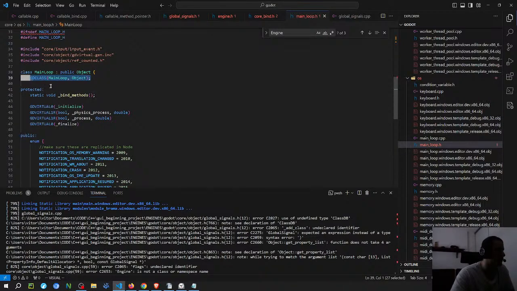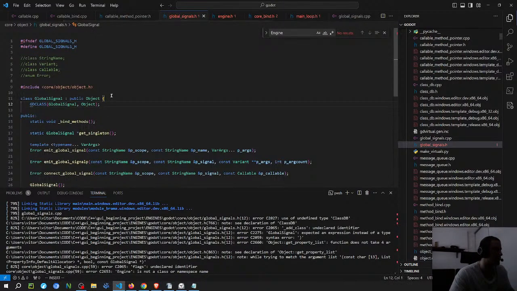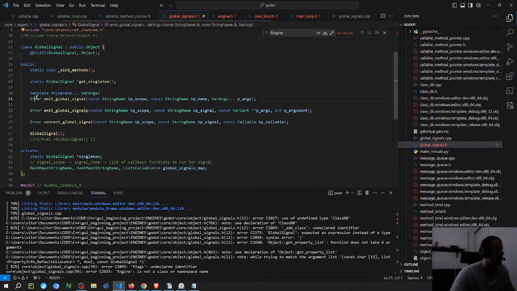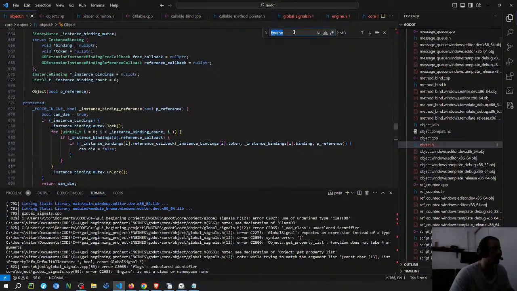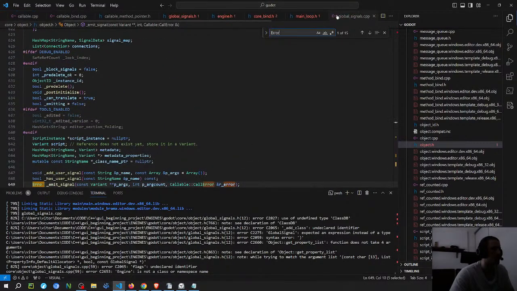And this one is also using the macro, so maybe I can try to just copy this stuff here and see what happens. It might be because I'm using some stuff here that the object doesn't have, or that this has here.